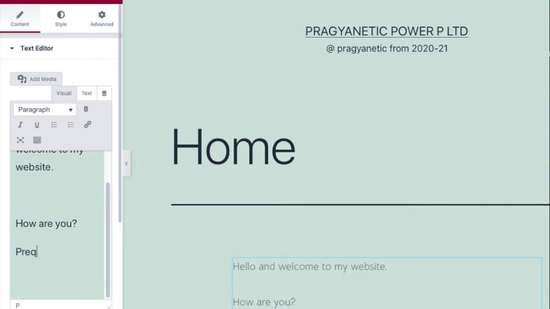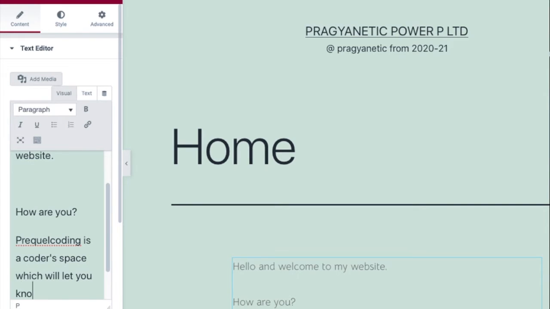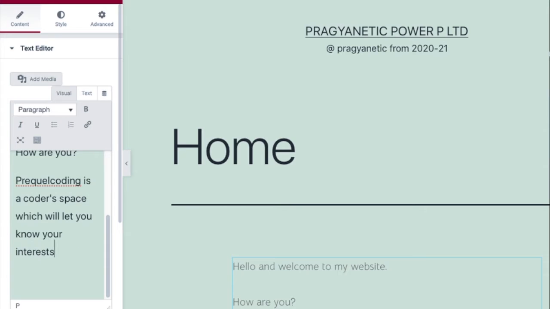So pricklecoding is a coder space which will let you know your interests towards coding and get started with your journey.